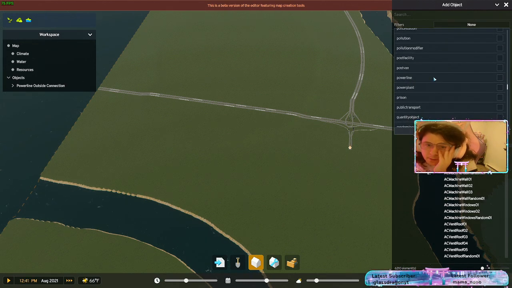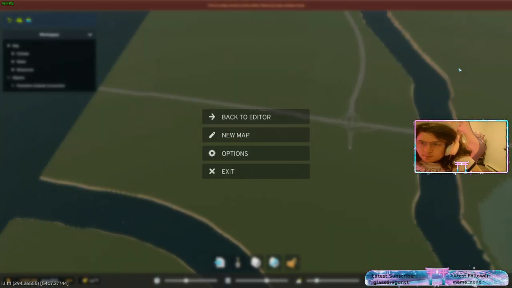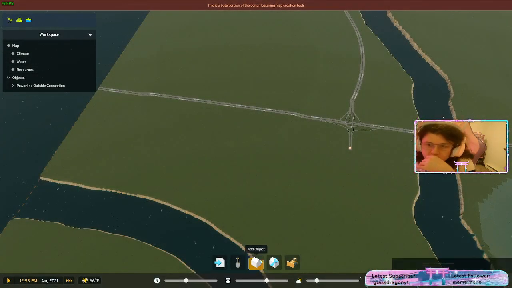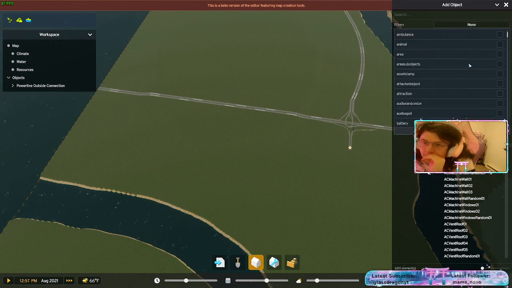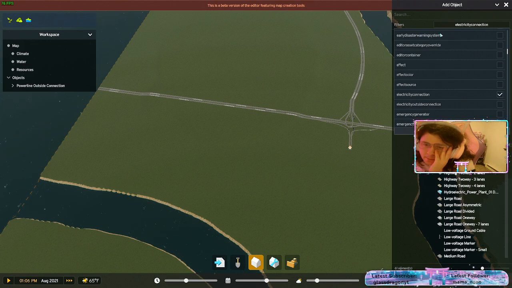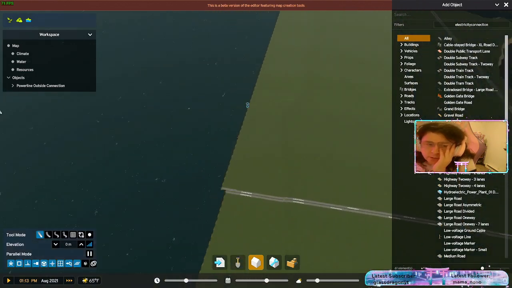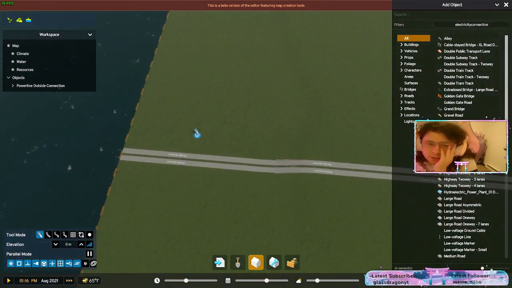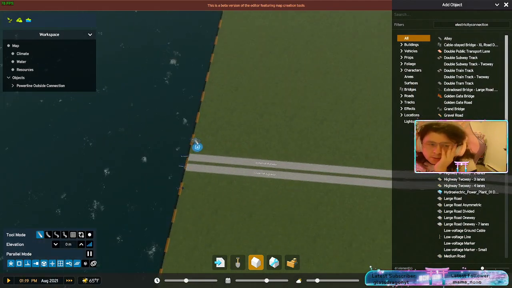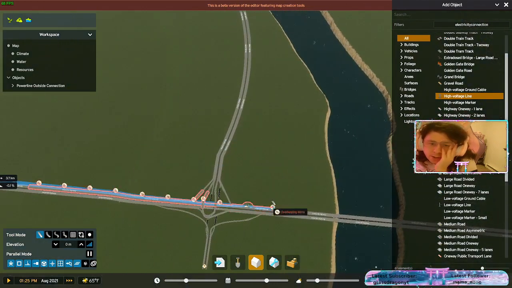Power line is what we needed to do. But let me go and find electricity first. High voltage power line is what I needed to do. They need to really be more methodical on how